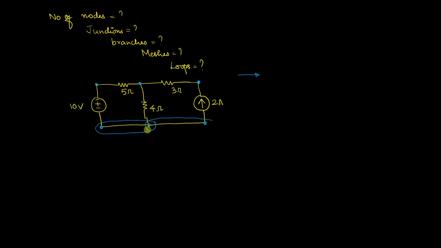So if you see here at the bottom, there are actually 3 nodes, but we can club them and it together becomes one single node. So in this particular circuit, we are having in total 4 nodes. So you have this one to be the first node, this is the second, this is the third, and the fourth one is at the bottom, which is clubbed together, and this is the fourth node. So the number of nodes is 4,